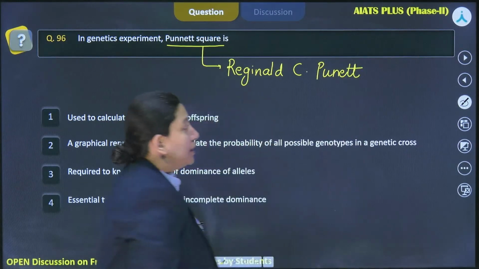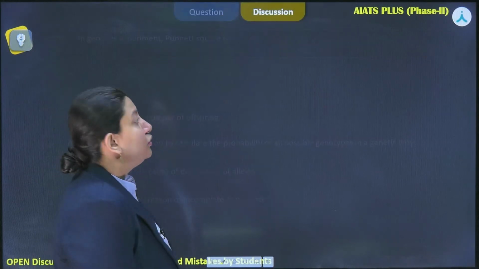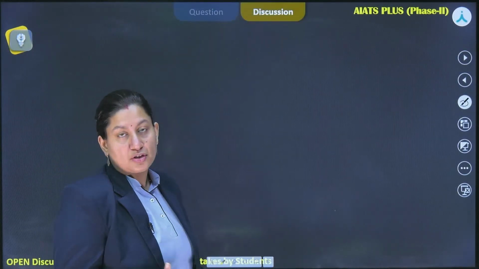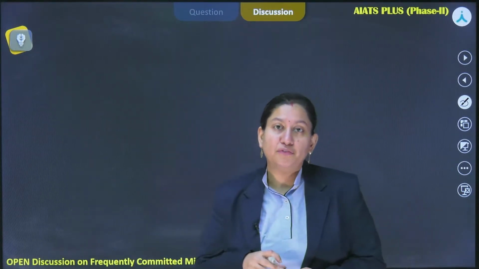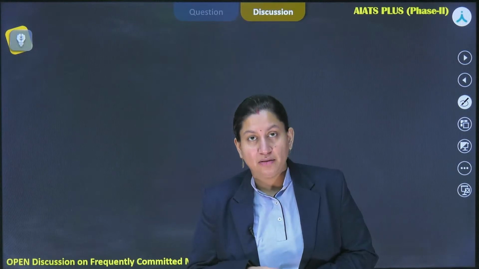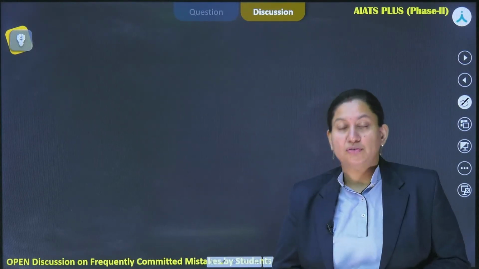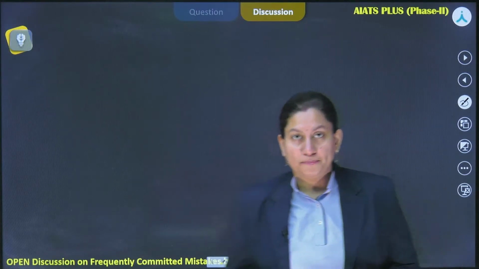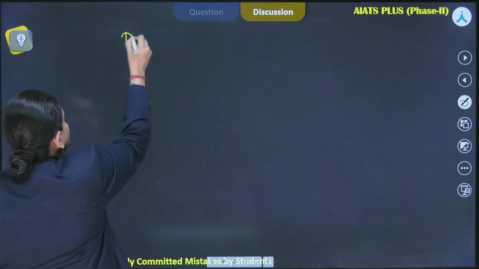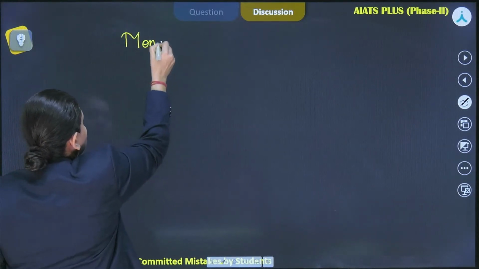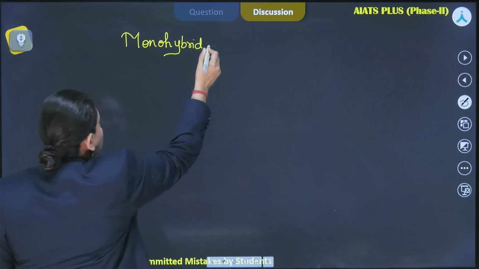Now, in order to know about it more, firstly what we should do is to know about how to perform a cross. So we know for a fact that the foundation of genetics has been laid by Mendel, he performed certain crosses, right? Like monohybrid crosses, dihybrid crosses and so on. So we are going to start with the monohybrid cross first, where we are going to take a single character into consideration,